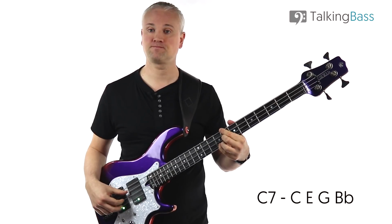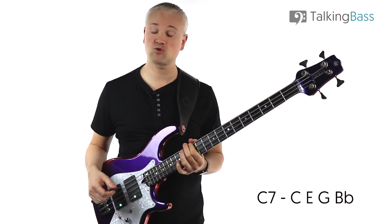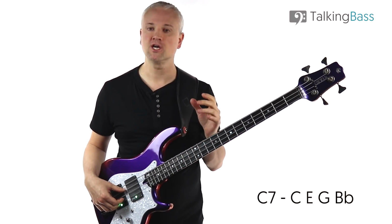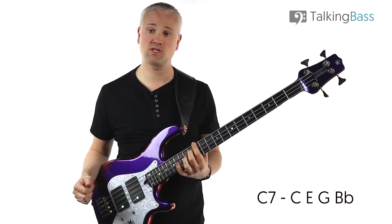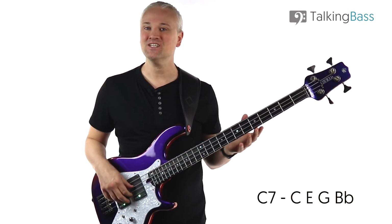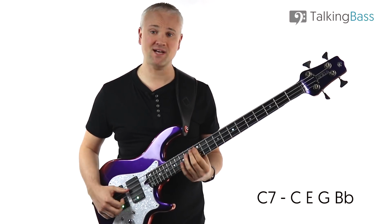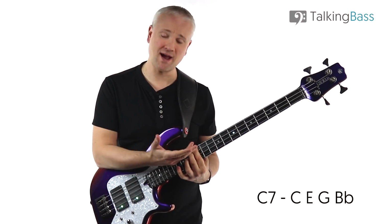C7 root position. For the first inversion, we're going to have the E on the bottom, so that's going to be the E there, 12th fret of the E string, and then let's have a look at how we can distribute the other notes. So we want that flat 7 in there, the B flat, so we could play that here at the 13th fret of the A string, and then we have a choice. We could either play the C in there somewhere, but let's just go for the G, okay? So that's going to be 12th fret of the G string, which gives us